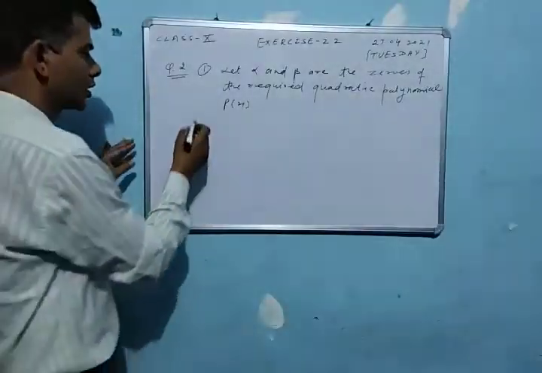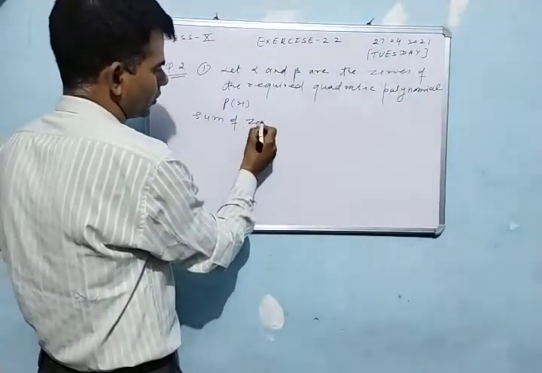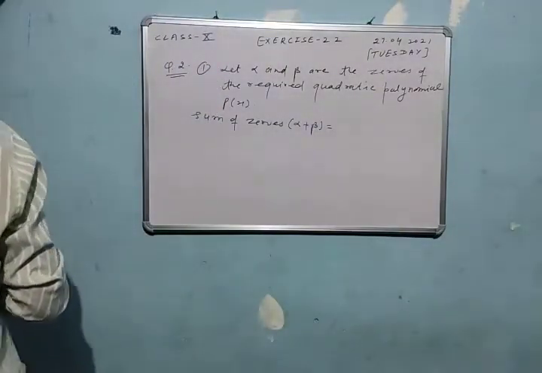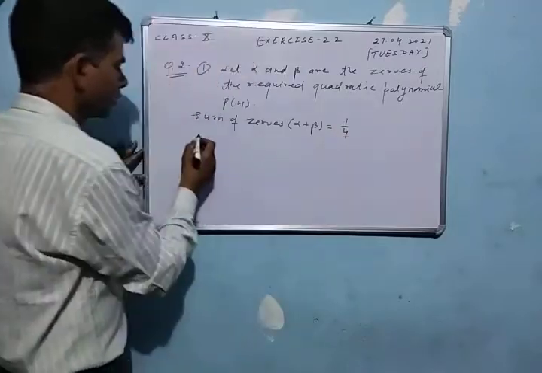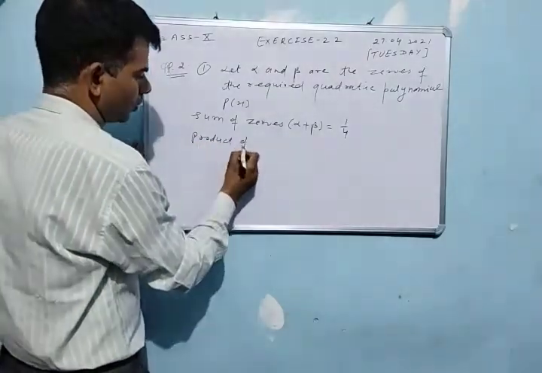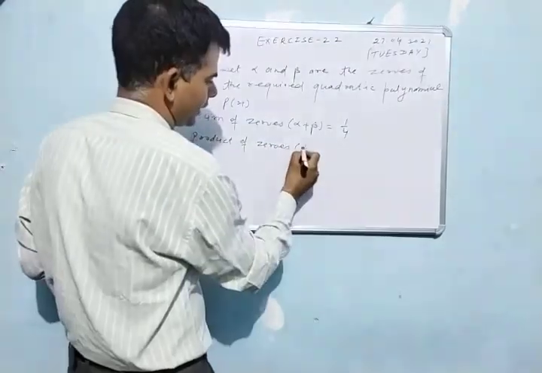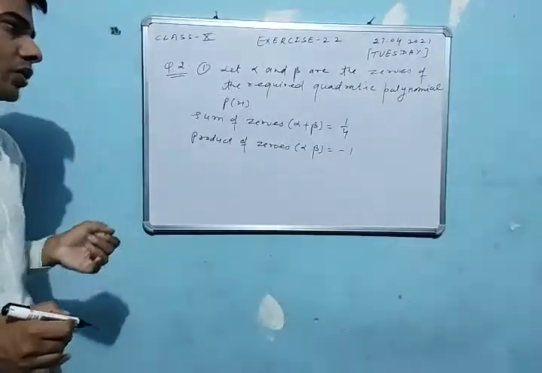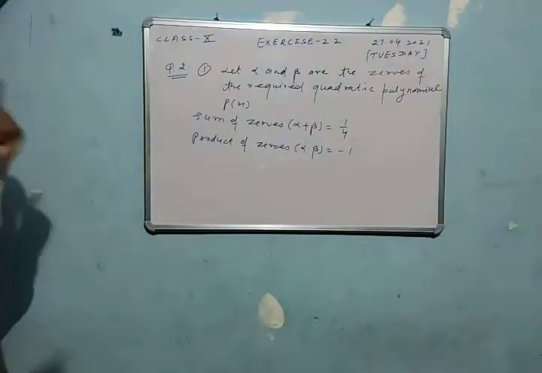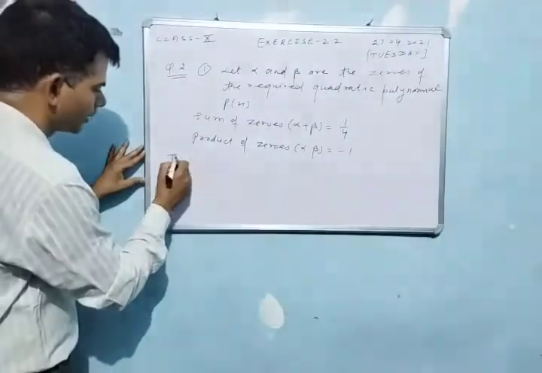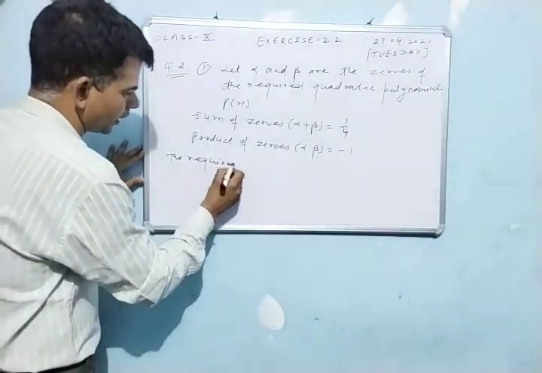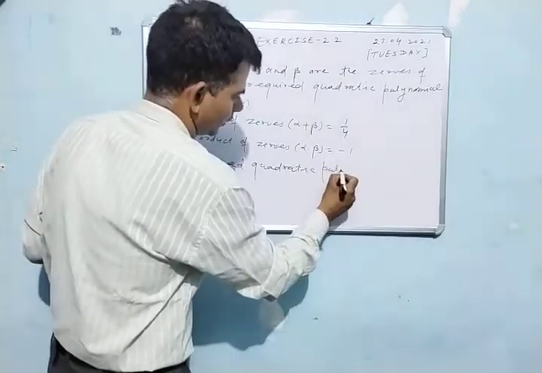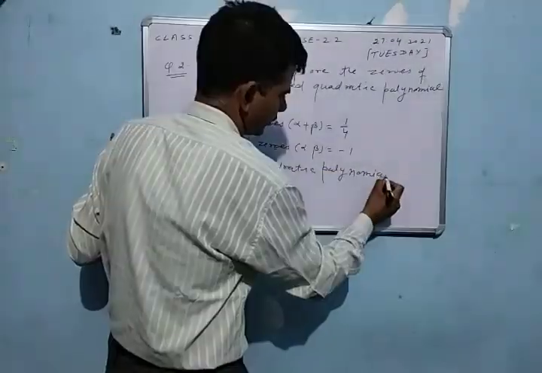Student, sum of zeros, that is alpha plus beta is given. That is students 1 by 4 given. Product of zeros, that is alpha into beta, that is minus 1 is given. Now student, sum of zeros and product of zeros are given. We have to make a quadratic polynomial. The required quadratic polynomial is